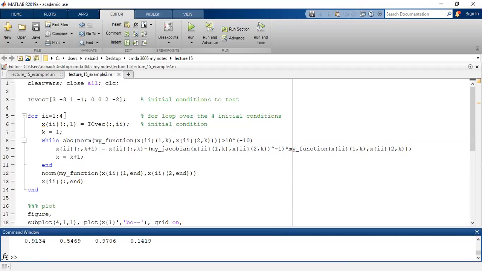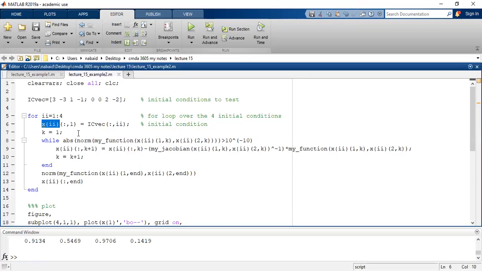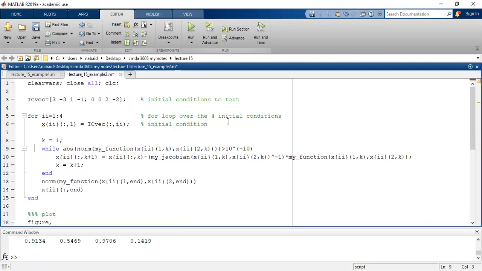Great. So what I'm going to do is use the concept of a cell array to build up these x's where I save the convergence of my Newton's method. So x, the ith cell of x. When I start with i equal to 1, the first cell for the first root, I'm going to set the initial condition as the first column of IC vec. Then when i is equal to 2, I have the second page in my book, the second cell, and that's going to use the second column of the IC vec for the second IC. After that, this becomes really similar to the algorithm that we did in